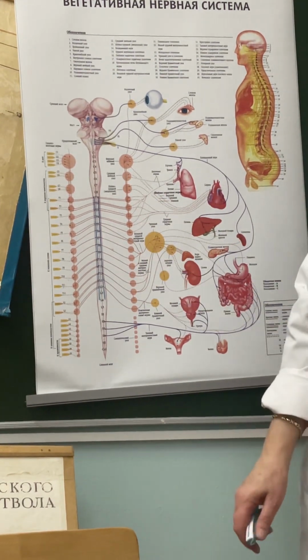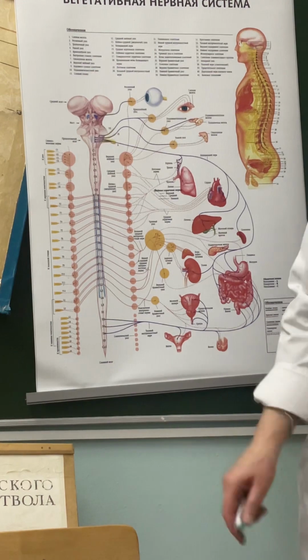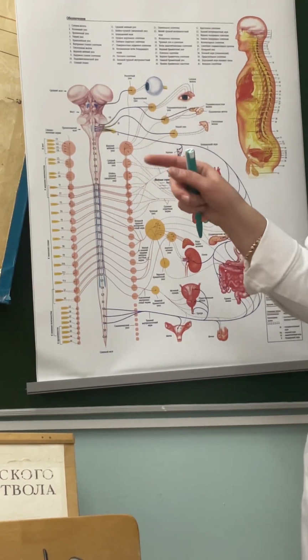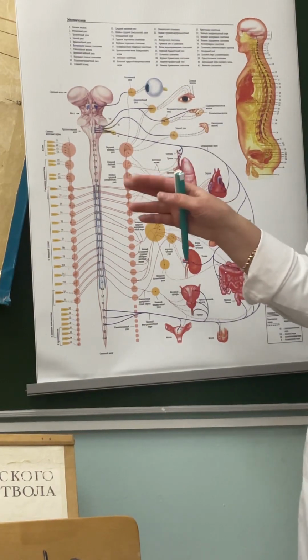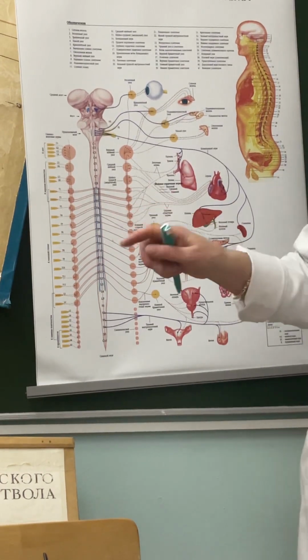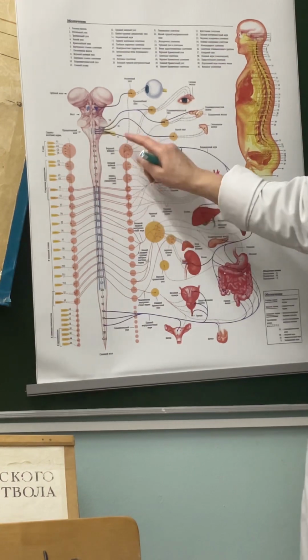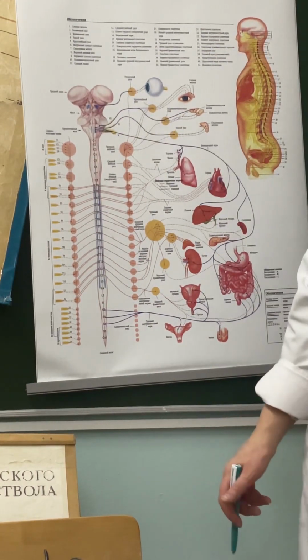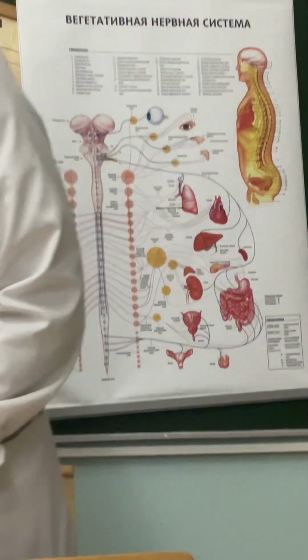By the way, these perivascular plexuses are formed by postganglionic fibers. We come to the ganglion, there will be a synapse, and then postganglionic fibers go to the plexuses. Next,